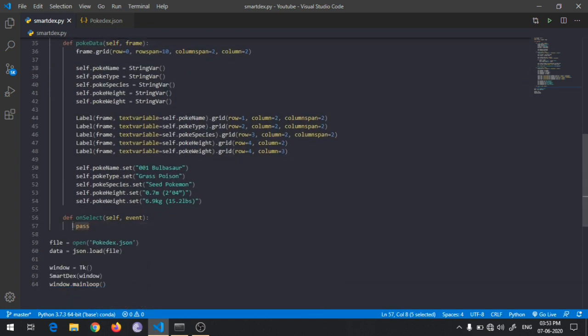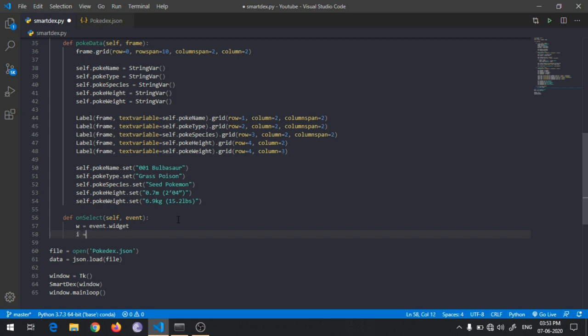So from that event we will go and get the widget from that. Let's say w is our widget, so event.widget, which widget has called that event. We will be getting that in w.